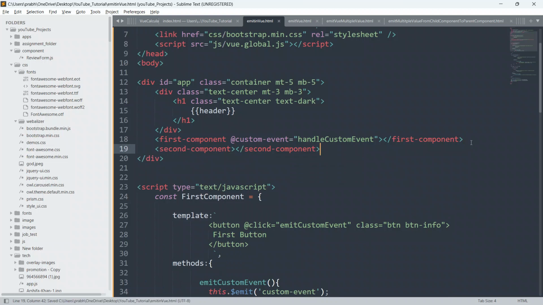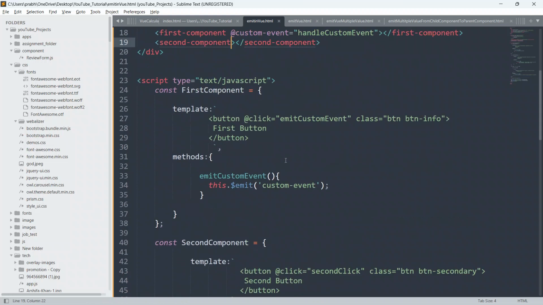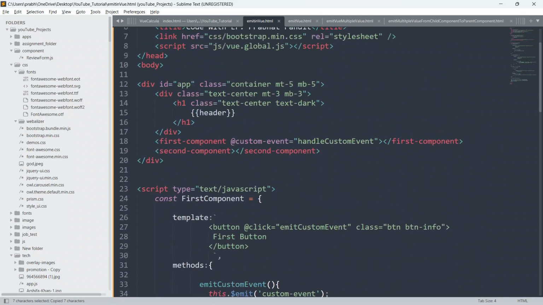So now on this second component, child component also, we are going to define one method, custom event. So what we will define here, so we will just copy this emit function or the custom event name from here, and we have to define this.